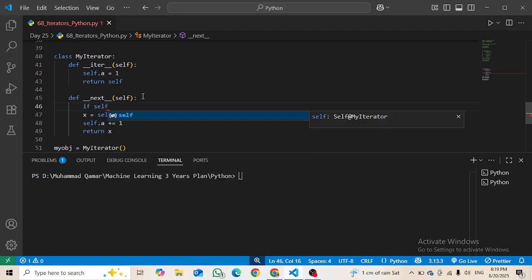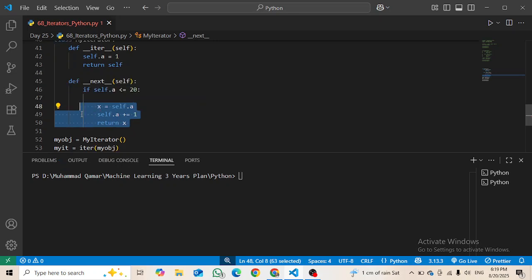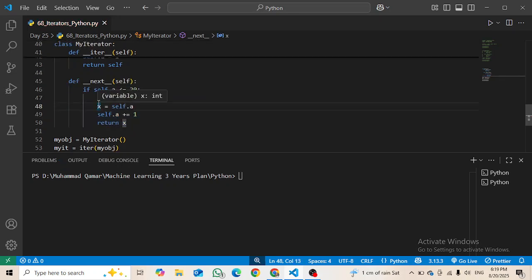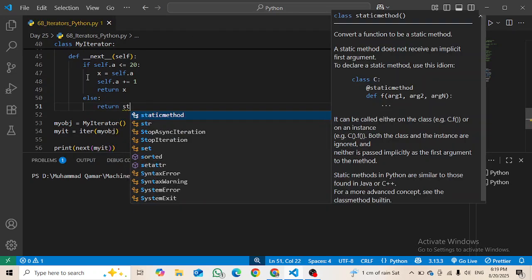If self.a is less than or equal to 20, then do this. So we just give it a tab, and it will come inside the scope of this condition. Then I will come out of the scope of the if, write the else keyword, and inside the scope of else I will return the StopIteration.